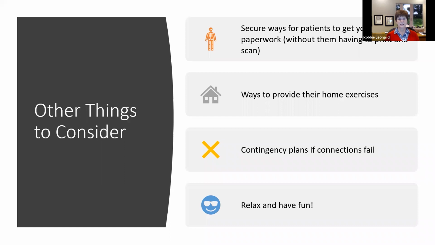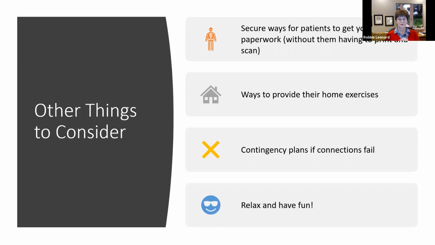How are you going to get the patient their home exercise? You're certainly not going to be handing them a piece of paper. So, are you using a program like MedBridge? Are you doing videos that you can securely send to the patient? Jen sent me some videos, which I really liked because I need to refer back to them and, what did that look like again? So I think videos are really helpful.